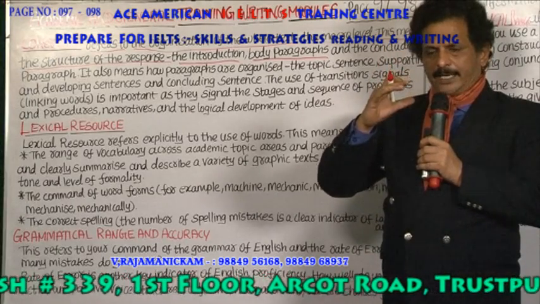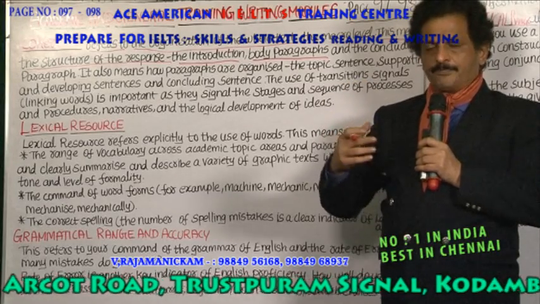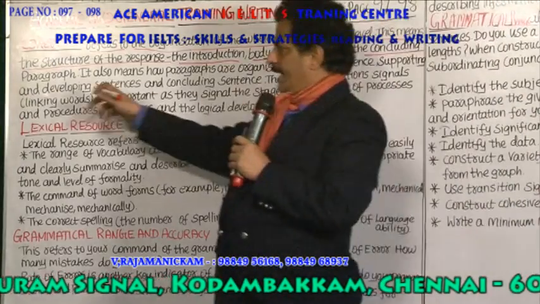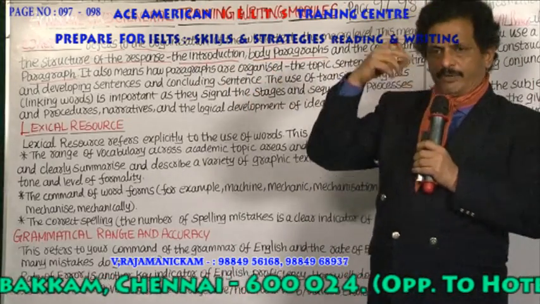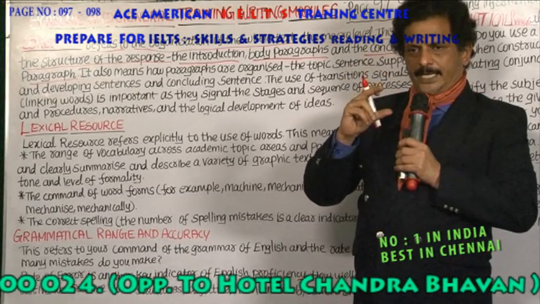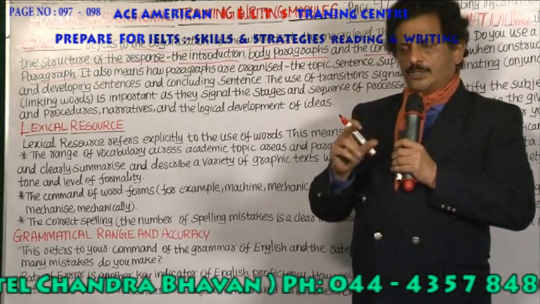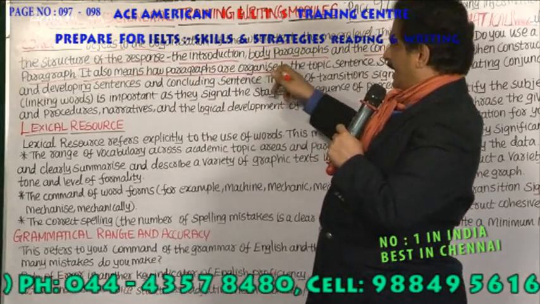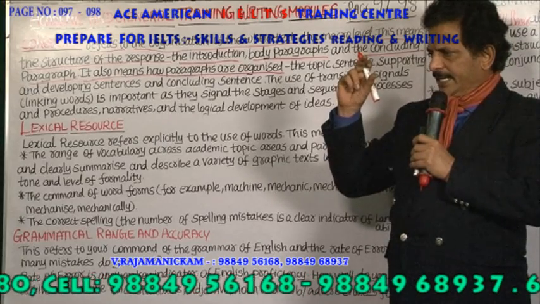In body paragraphs you are saying that with proofs and facts and figures, examples. And the concluding paragraph. Then after that it is the concluding paragraph. The concluding paragraph says, once again reaffirming what you have said in the introduction part. So introduction, body paragraphs, and conclusion paragraph. So it also means how paragraphs are organized. How is a paragraph organized?